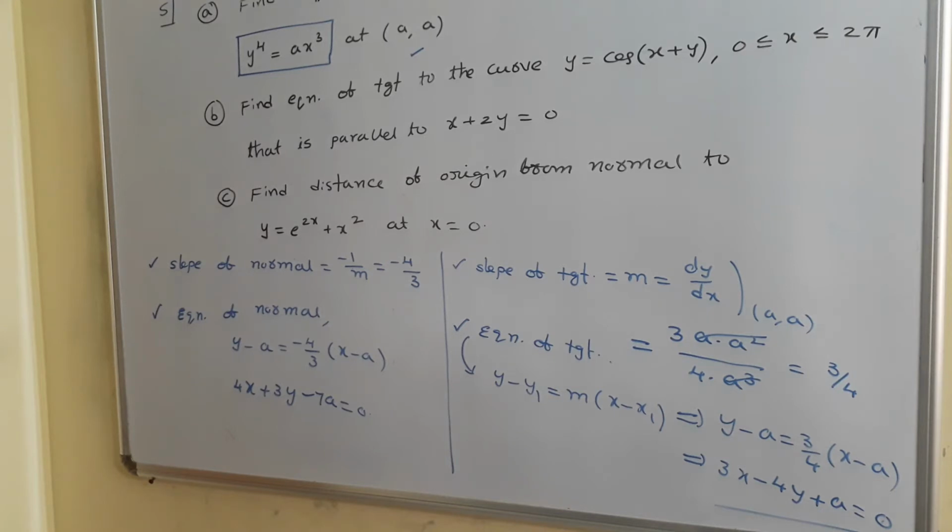You just have a look. Always, to find the equation of tangent and normal, we need slope first. For slope, just do the derivative. From the derivative at the point we will get m. m is the slope of tangent, and minus 1/m is the slope of normal. The point is already given. Use that point and the slope with slope point form. You will get the equation of tangent as well as the equation of normal. That's the problem.